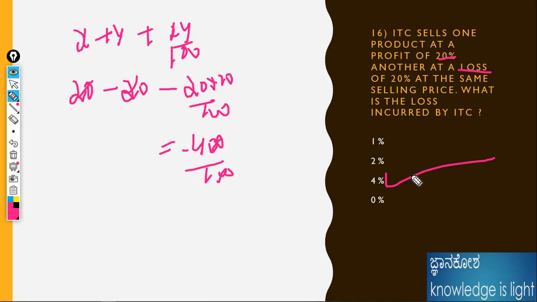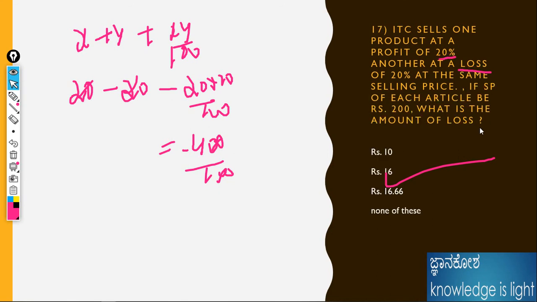Okay. Next one. I will continue the problem with that percentage. The same problem I will take for the next thing. Either you can apply here for the same selling price. Okay, if the selling price of each article is rupees 200, for this kind of question, how will the loss be? Loss should be 4%,